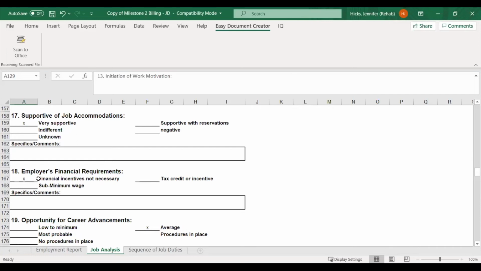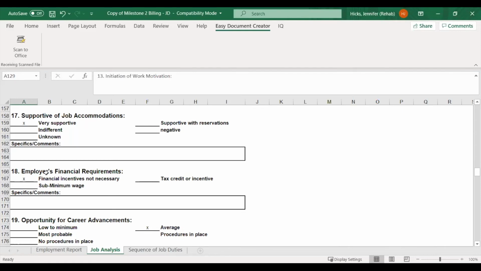Typically, we found that the financial incentive is not necessary, but people will still want to take advantage of that. So I think you would put not necessary if that wasn't the reason behind them hiring that person, but you could also put tax credit as well if they just seemed really interested in getting that tax break.